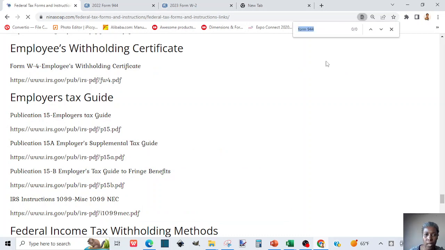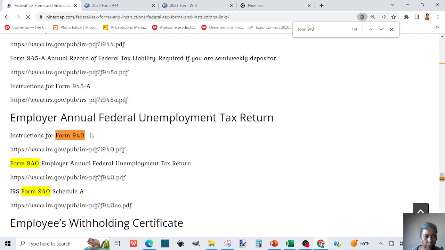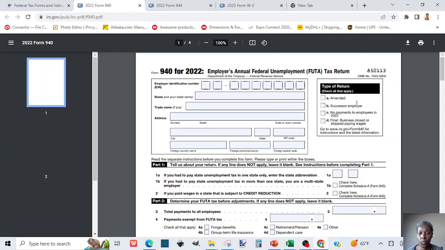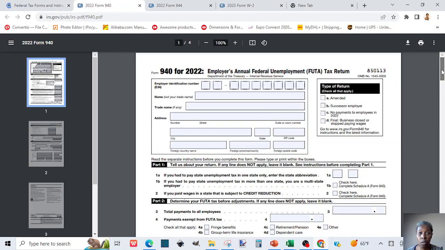And let's search that. I'm just doing Control F on Windows. Form 940, which is the annual unemployment tax return to file as well, and based on the different requirements that you have,